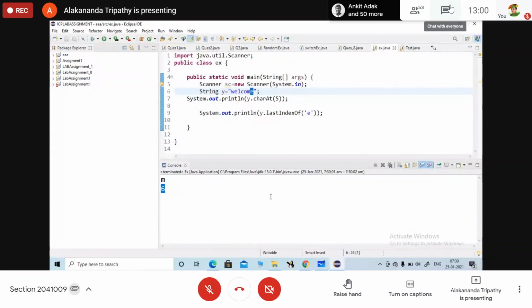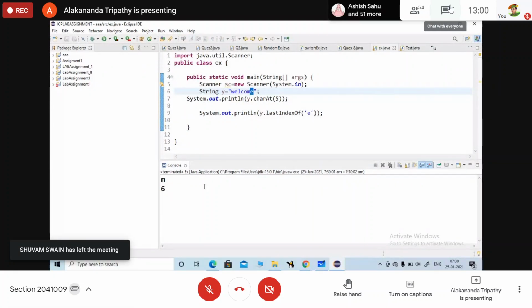It will return the last index of E in the string, so it will be 6, not -1.